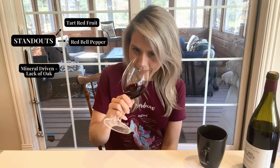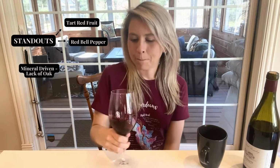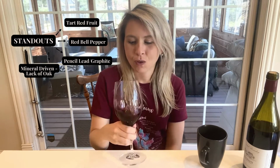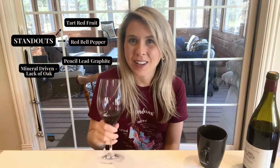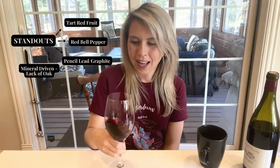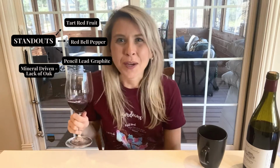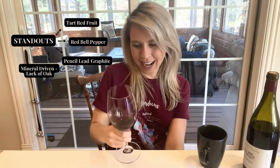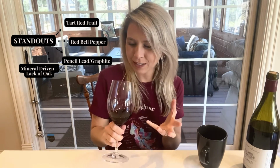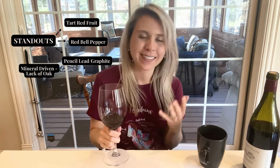There's a little bit of leather on this. I'm getting some funky minerality, so maybe some sulfur, the pencil, graphite, some pencil lead. It smells kind of funky mineral as well. I don't know if that's not an exam note, it's funky mineral. So standouts: that tart red fruit, the sulfur, pencil lead, and the lack of oak is a standout,